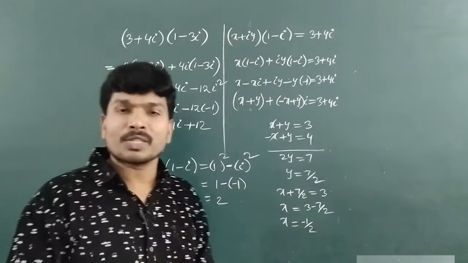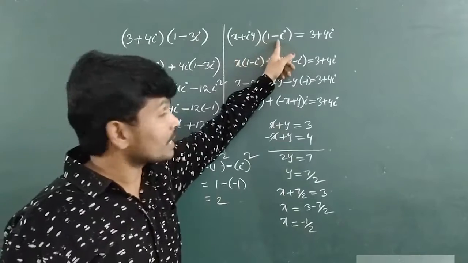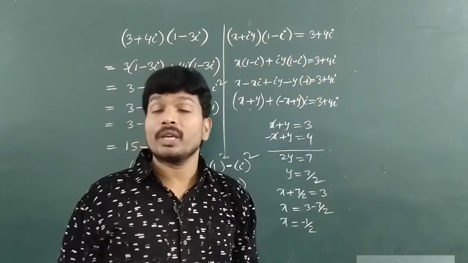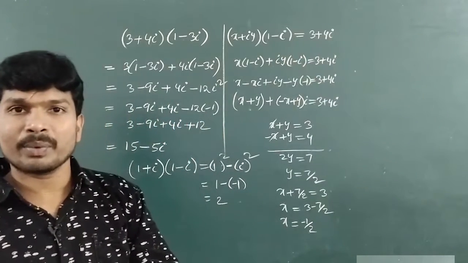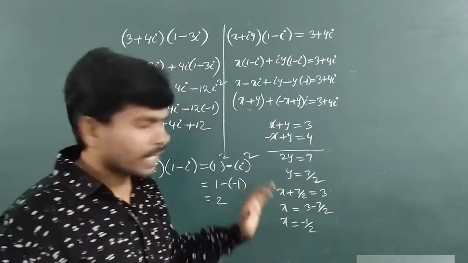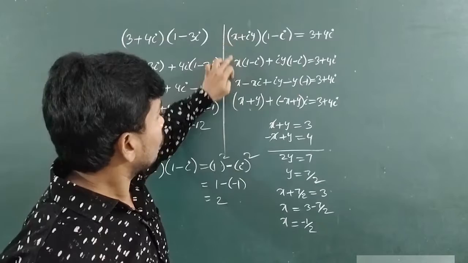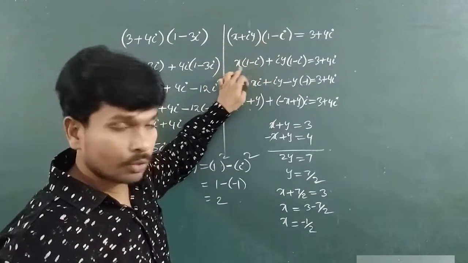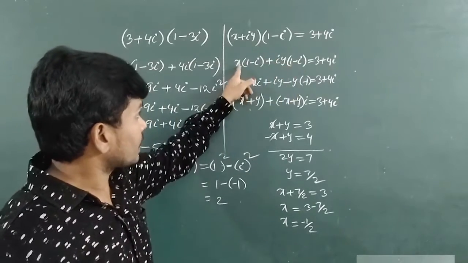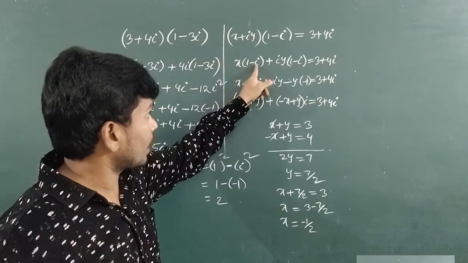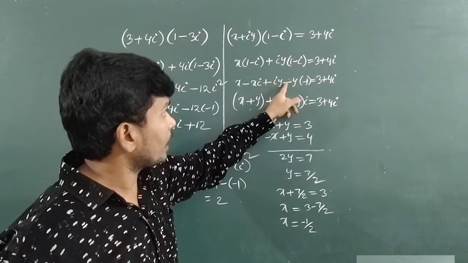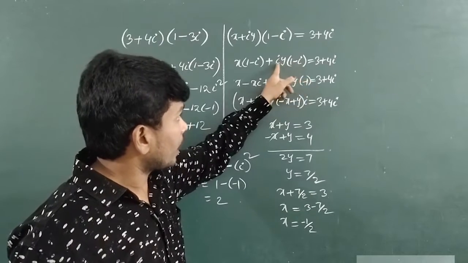See here, two concepts covered. What is that? Multiplication, addition and equality also. Equality of complex numbers we discussed in previous lecture, no? So enjoy with this problem. Same as it is multiplication we have done, monomial with binomial. So x into 1 minus i plus iy into 1 minus i, and multiplied: x into 1, x; x into minus i, minus xi. So like that, iy into 1, iy; minus y into 1, y, okay, i into i